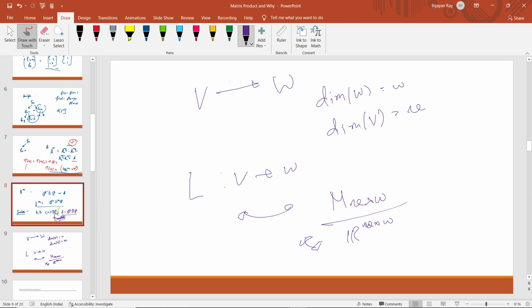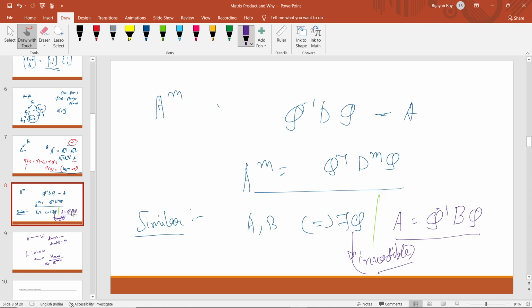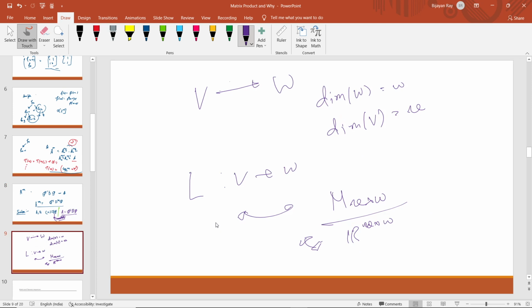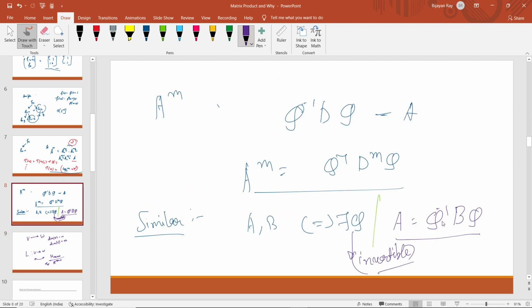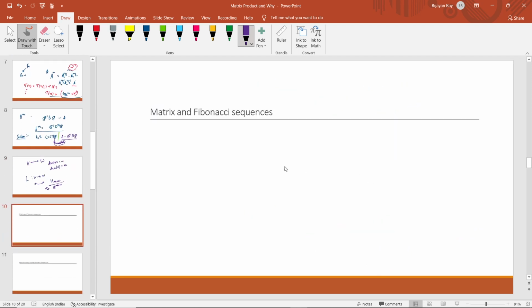So why did I introduce this? Actually I introduced it because one can see that if A and B are similar matrices, we are actually changing the basis here. The isomorphism is actually